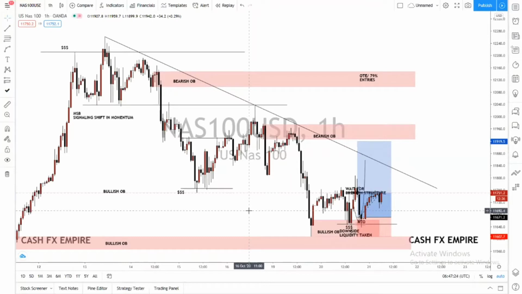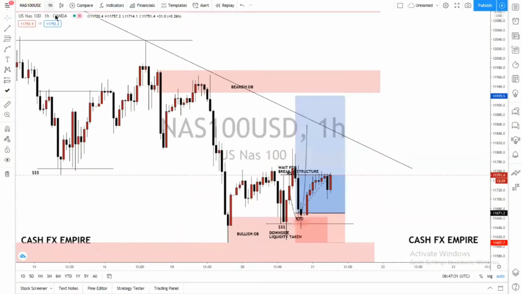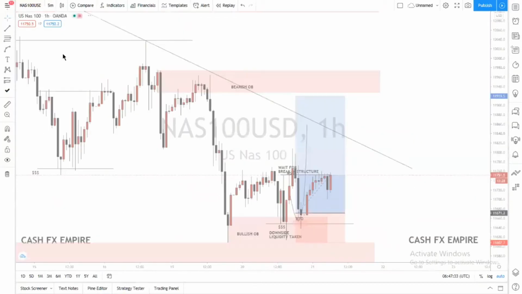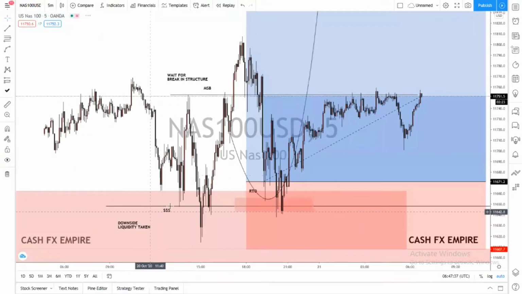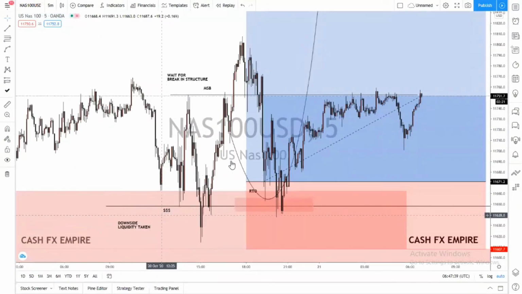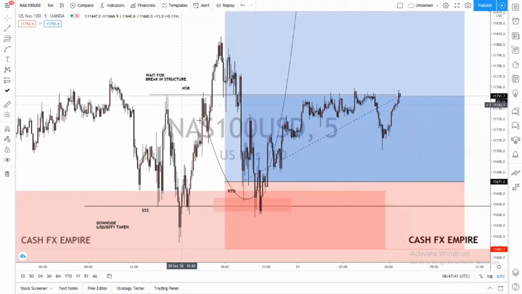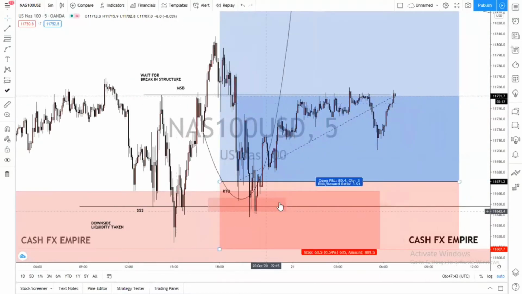For those on my channels, I'm sure you're enjoying this signal that I posted, and already it's in money. The setup was actually seen properly on M5. For those who don't remember, this was a complete setup. We had a break of market structure, a checkout of liquidity right here, and then another break of market structure here, then a revisit to origin, the very cool setup that I trade.